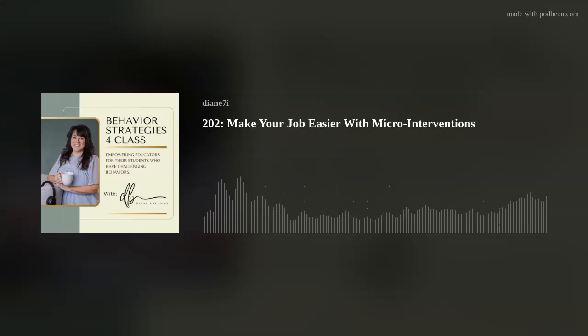So one, red could be, I need a break. Red could be, I need to go sit in the quiet corner or the calm space, whatever it is. Red could mean, I just need a couple minutes to myself. Red could mean I need to talk to the counselor. I don't know, whatever works in your classroom, what you think your students would need the most. And then green,